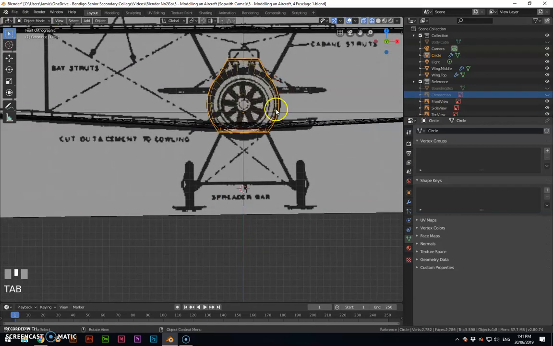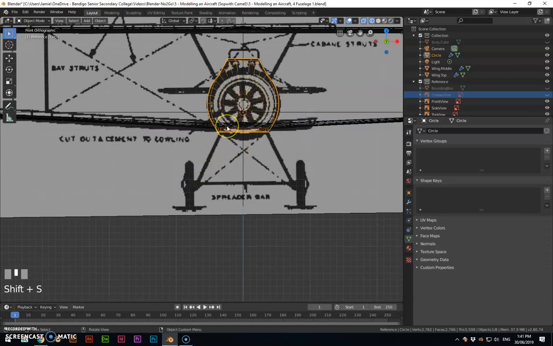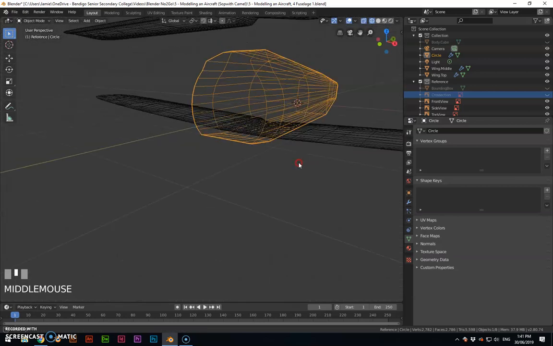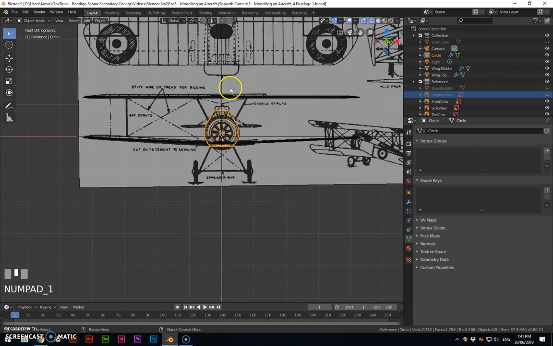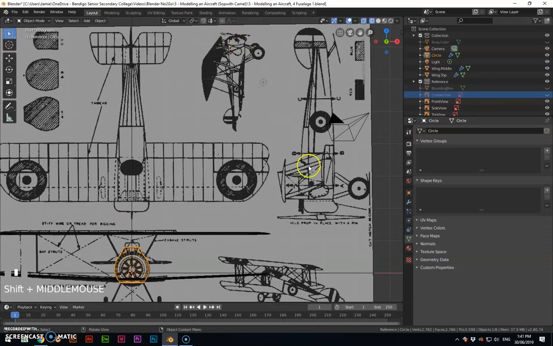And I'm going to switch out of this. I'm just going to add a completely new object. I'm going to set my snap to the world cursor, so it's dead center, and then add, probably, do I add a donut? Because if you look at the images, what we've got here is something that looks like a donut. It's got a hole in the middle, it's got a curved outer edge, but it's only got half a circle curve here, so